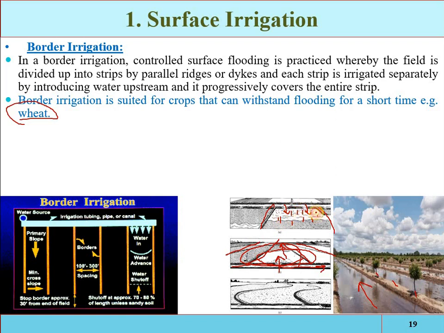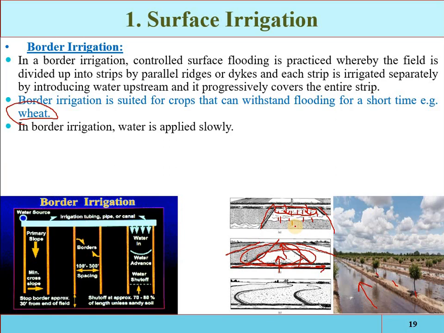So there will be some design parameters: the discharge should not be too high, so that the crops are not damaged, and the discharge should also be of such nature that it does not cause an erosion problem. The land will also be properly leveled, both laterally and longitudinally, so that erosion is reduced and the water is distributed uniformly. For example, the wheat crop is not sensitive to direct contact with flooded water.